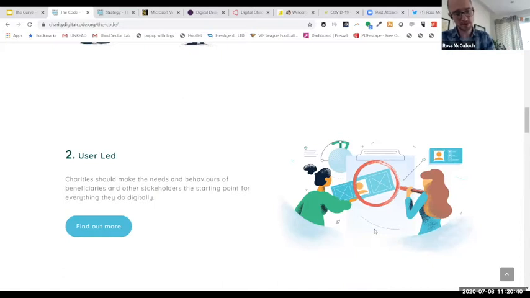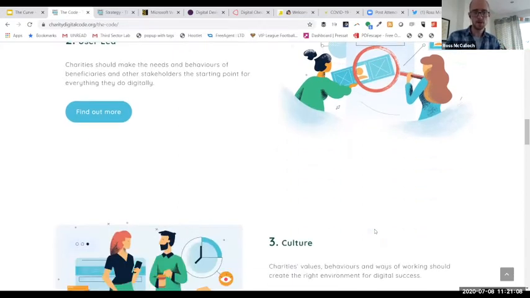So a really nice example of that is Barnardo's have developed during COVID-19 a frontline support service for vulnerable young people. That service is delivered on WhatsApp, and that came out of the workshops that they ran with young people who overwhelmingly told them the platform we want to use to communicate with you is WhatsApp, not a live chat function on your website, not Facebook Messenger, not some clunky bespoke app that you're going to make me download onto my device, but WhatsApp. Number 3, culture.